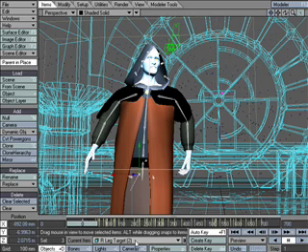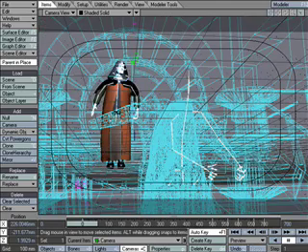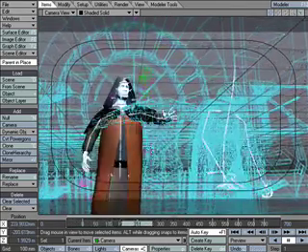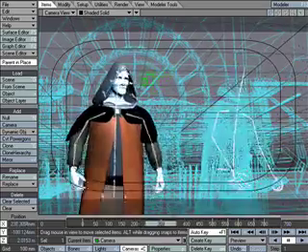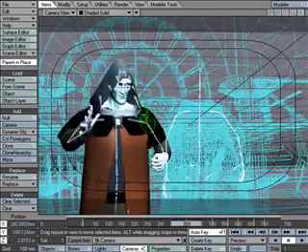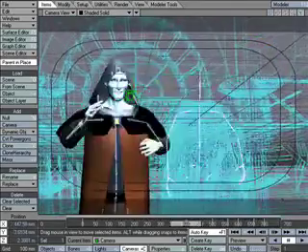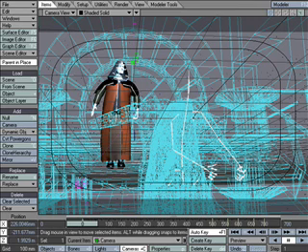Here's a shot, and let's go to one of the cameras here. As you can see in this shot, we have Emperor Palpatine walking down the steps, and this is the throne room from Return of the Jedi. He talks to somebody off camera, says a few lines, and then he walks off. All right, so I'm going to show you some quick animation tips,